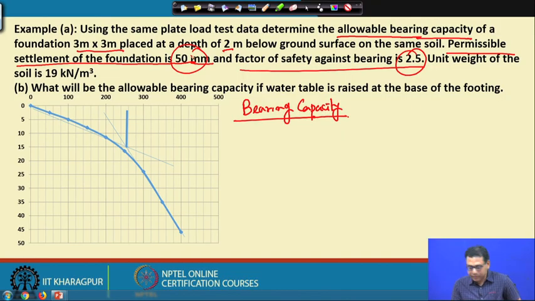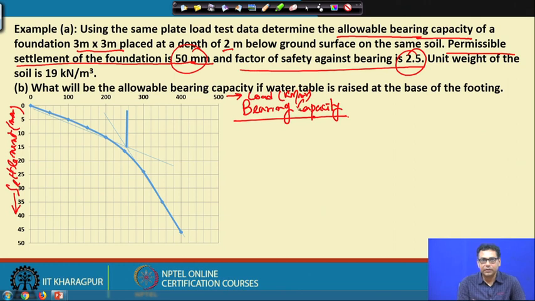So, first bearing capacity calculation. So, this is the chart. Now if I draw, because there is no particular peak, so this is the curve. Again this is the settlement in millimeter, and this is the load in kilonewton per meter square, or stress, this x axis. Now if I draw a double tangent, this is the initial state portion of the curve, this is the final state portion of the curve. So, this is the intersection point.